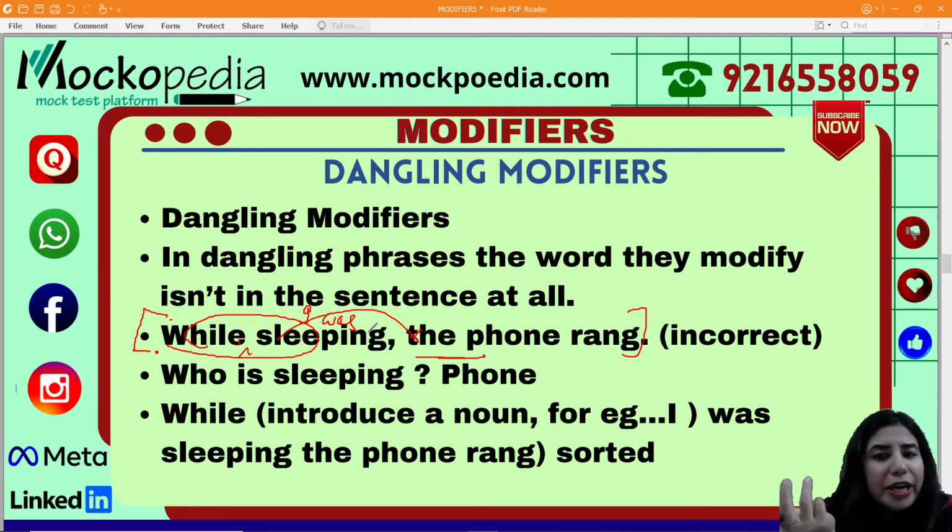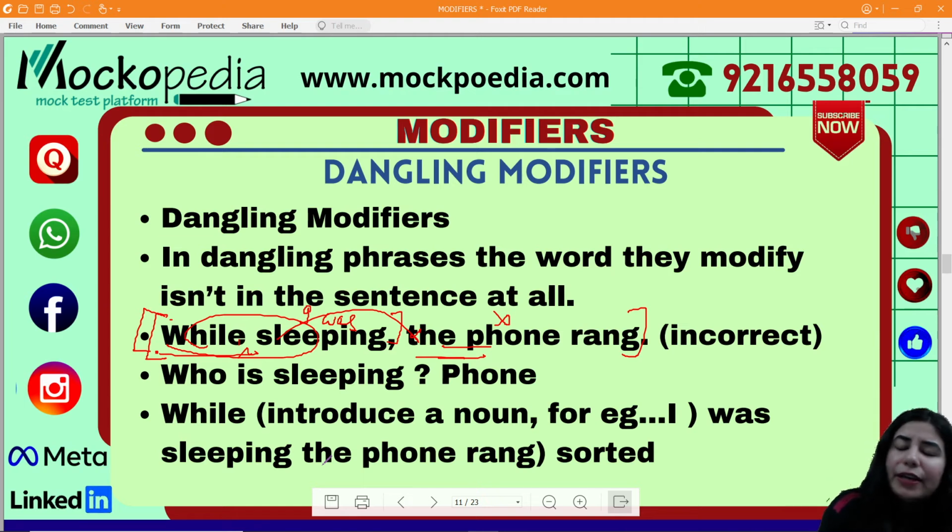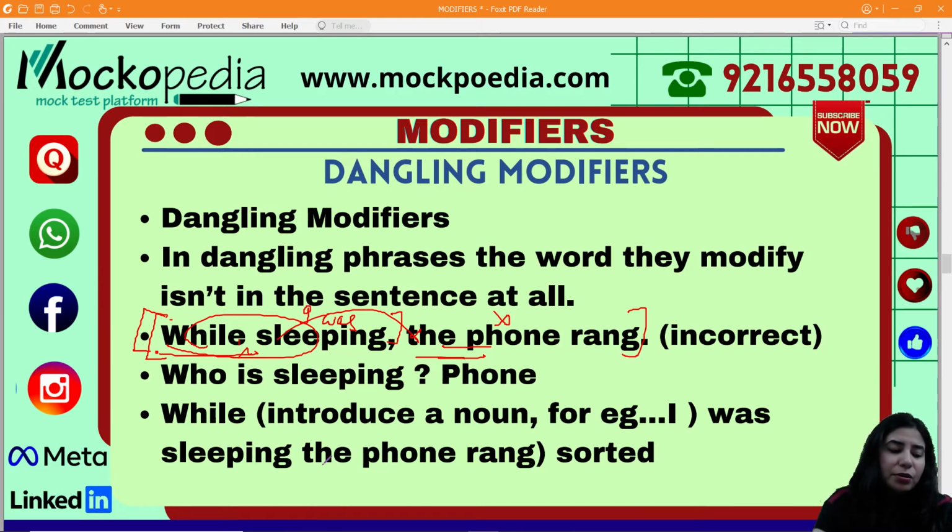या शी वॉज स्लीपिंग कर सकते थे या टॉम वॉज स्लीपिंग कर सकते थे या जेरी वॉज स्लीपिंग कर सकते या दे वर स्लीपिंग, कुछ भी। तो हुआ क्या कि यहाँ से ये सेंटेंस अपने आप में कंप्लीट हो गया और क्लैरिटी दे गया कि सो कौन रहा था। तो लेटर पार्ट से डिपेंडेंसी हट गई, यानी कि आपका डैंगलिंग मॉडिफायर वाला एरर सॉर्ट आउट हो गया, रेक्टिफाई हो गया। एक बार खुद से पढ़ के देखिए सो दैट वी कैन बी कंफर्टेबल इन द कॉन्सेप्ट एंड देन वी आर गोइंग टू पिक सम मोर एग्जांपल्स।